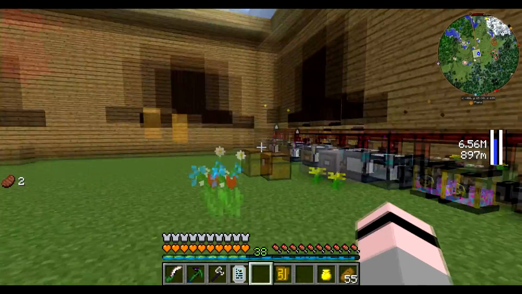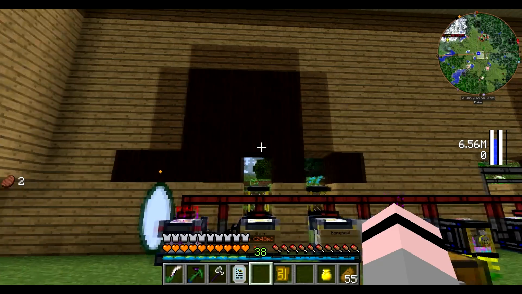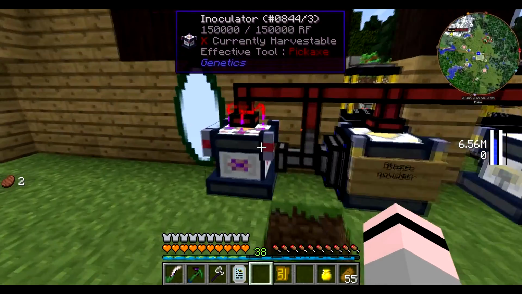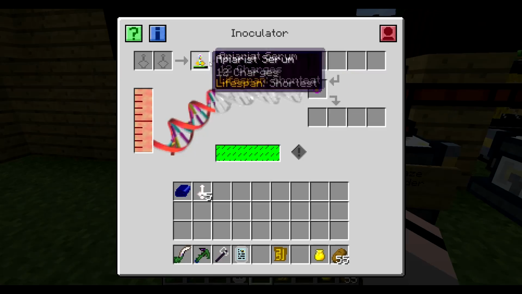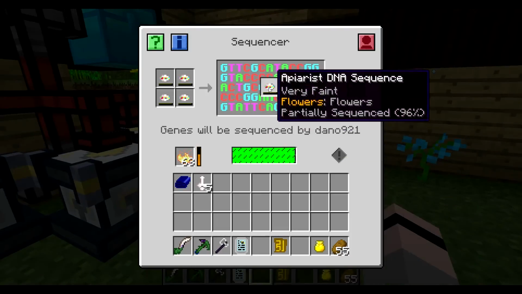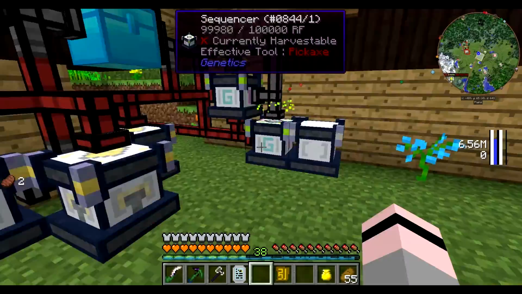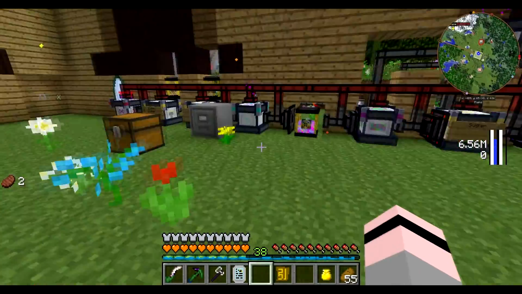So yeah, you only really need one of each, and you could probably just put them in a chest, or filing cabinet, or just put it somewhere. But yeah, so this lava is almost done. We just need to put the shortest lifespan, and we need to get flowers into it, which is almost done. We're at 96%. So we should be done with that pretty soon, and then hopefully we can start making our